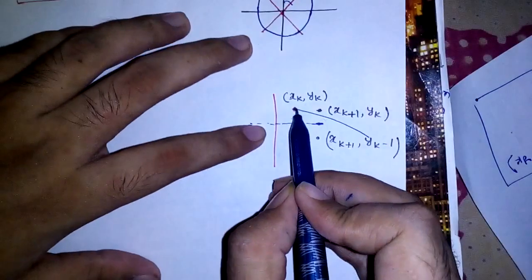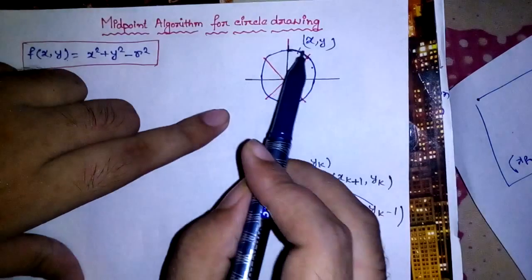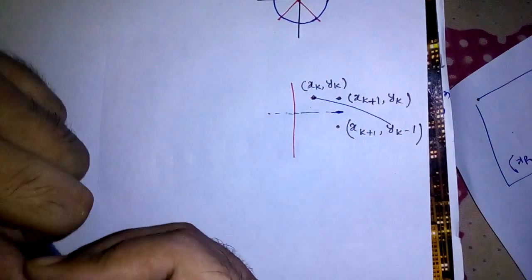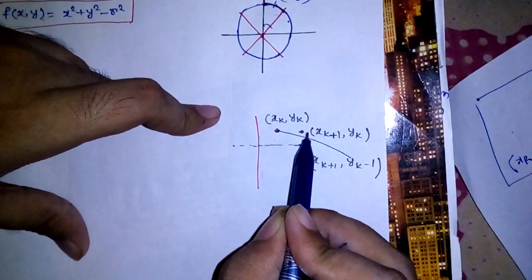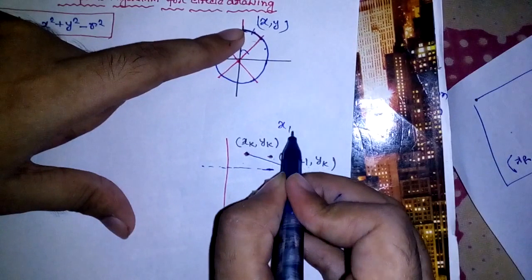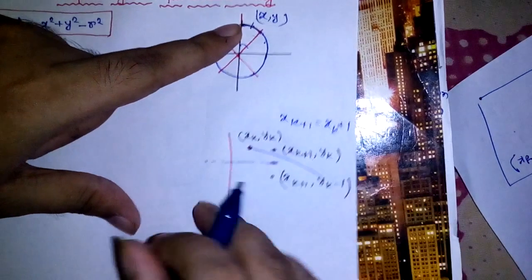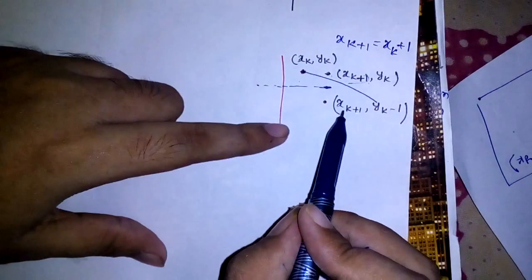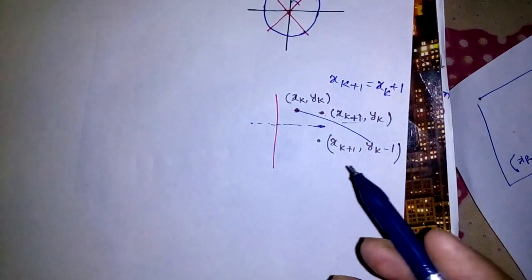Let's say that this was the previous point and I should select the next point of the circle. So actually I am going in this direction. How do I select this next point? Here comes the midpoint algorithm. I can select the immediate next point, and one thing you should know is that we are going to increment x by 1, so x(k+1) will be xk plus 1. So I can select the point (xk+1, yk), or I can select (xk+1, yk-1). But the question is which point to be selected.